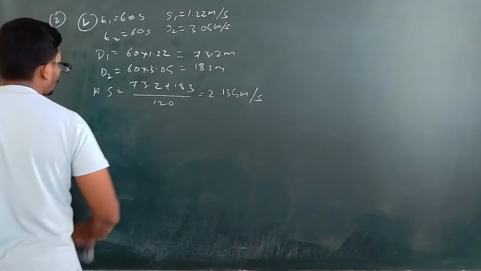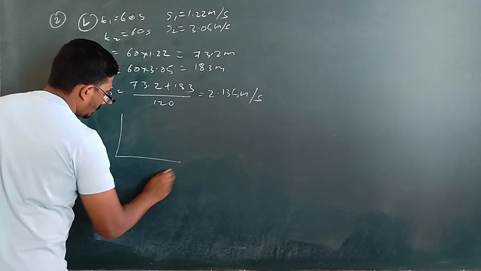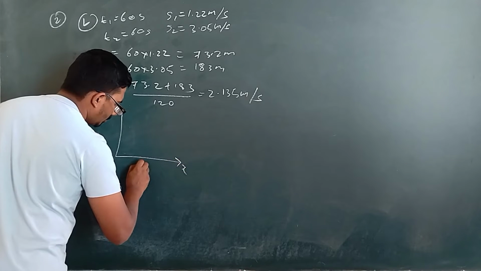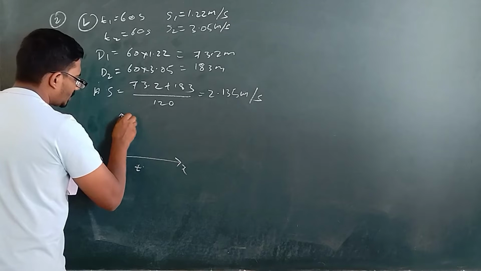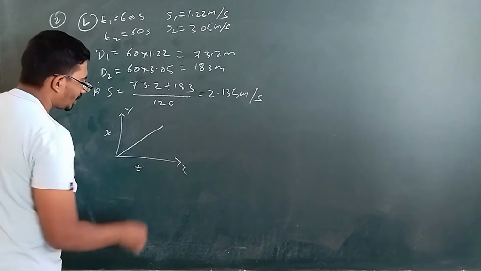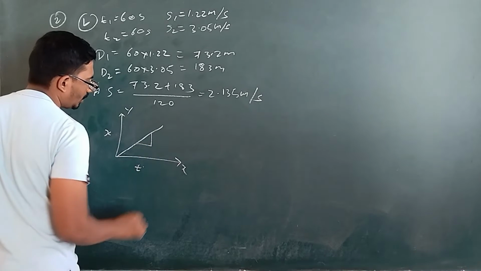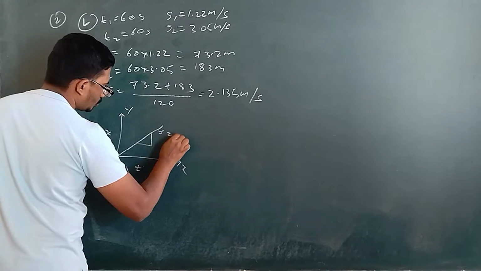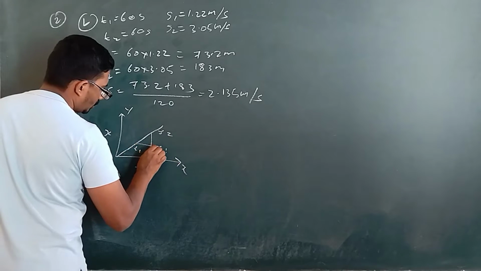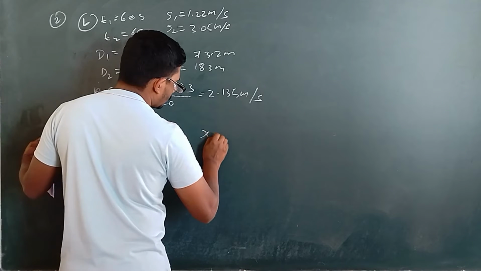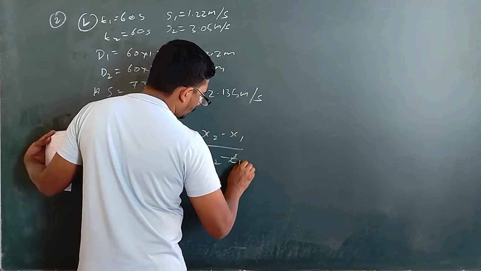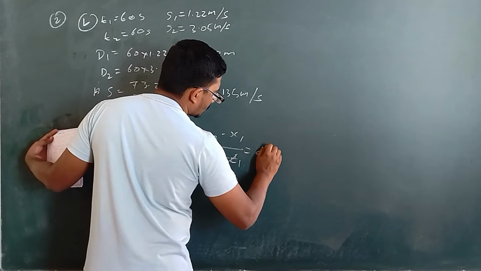C question, as I said, you have to draw a graph. Keep x axis as time, that is t, and y axis as displacement x. So imagine you are getting a graph like this. Draw a gradient, okay. So x2, x1, t1, t2. The formula is x2 minus x1 divided by t2 minus t1. You will get the average speed.